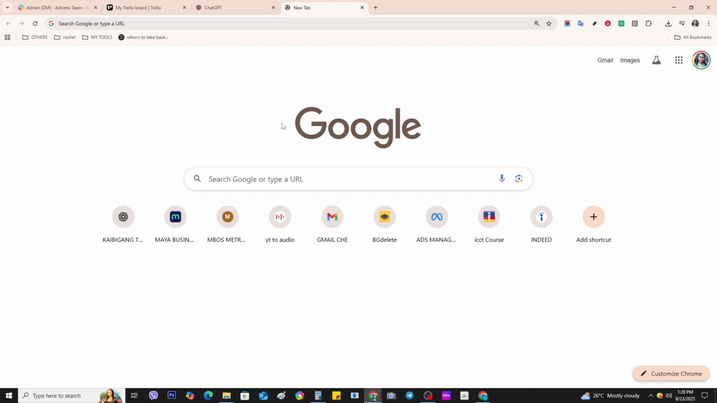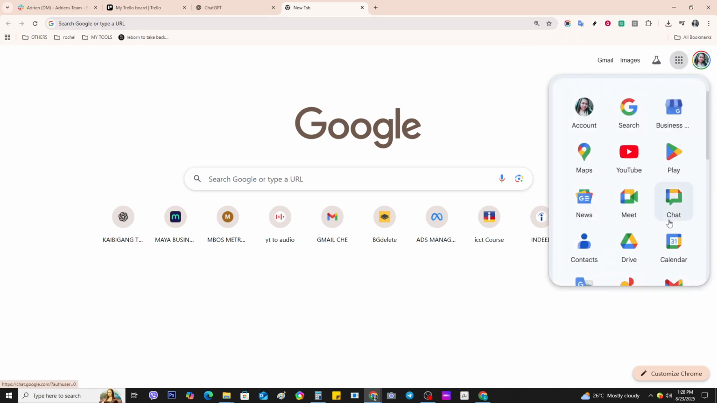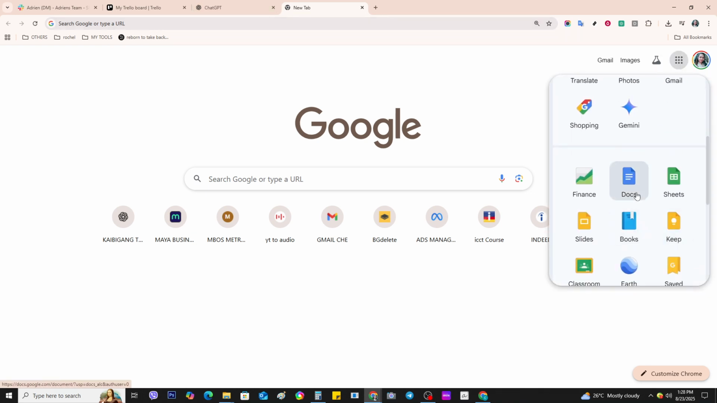First, let's start by opening Google Docs. Simply head over to docs.google.com and click on Blank Document. You should see a fresh page in front of you, complete with a blinking cursor, ready for your creativity to